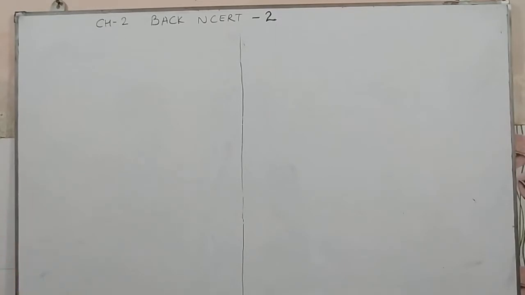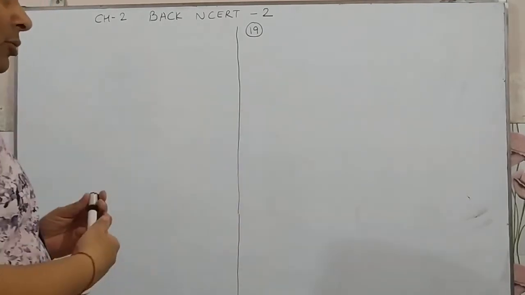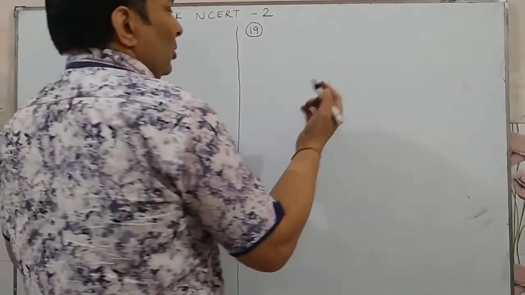Be confident. Now today we will continue. Today we will discuss the remaining questions of chapter 2 from the back of the NCERT. The selected ones we have taken were a bit complicated. First, we'll start with question number 19. The question is a bit simple, but the language is a bit confusing for people. Let's see what they are asking. If you read the question, you understand that they are telling about the parsec.